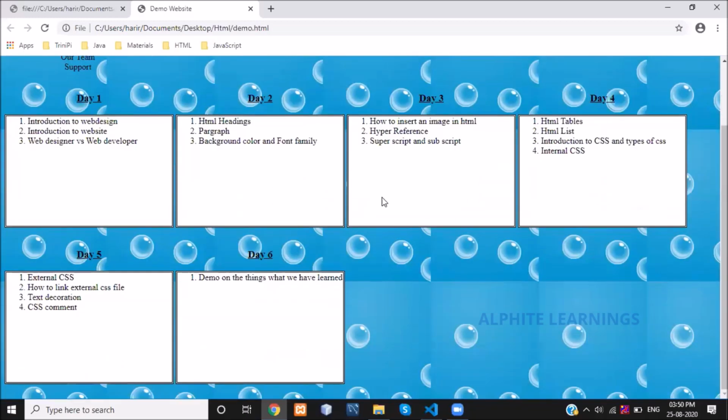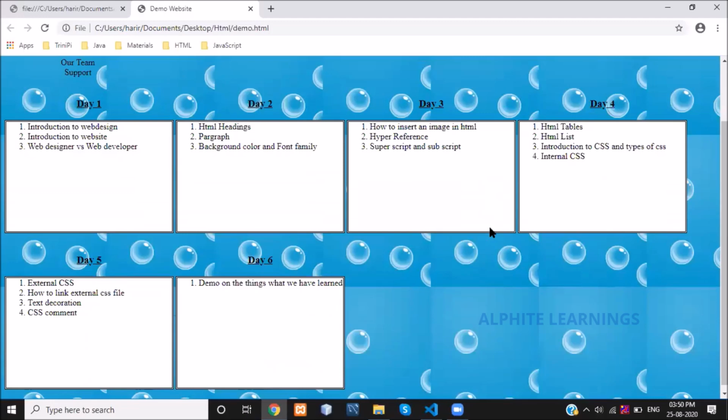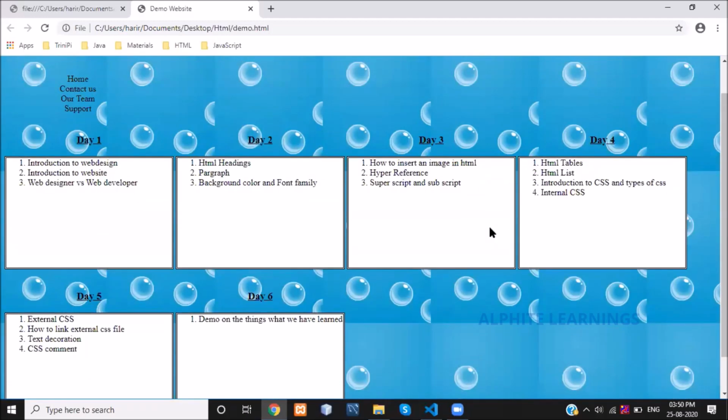This is a very simple, basic example. I have used all the tags and styling properties we have discussed, a little bit of styles and tags. Let me add some other styles and tags tomorrow, and I will show you the demo tomorrow. This is all about today's demonstration. Hope you guys are able to follow, and I have given you a quick recall of the last 5 days also. From here I will end today's session.